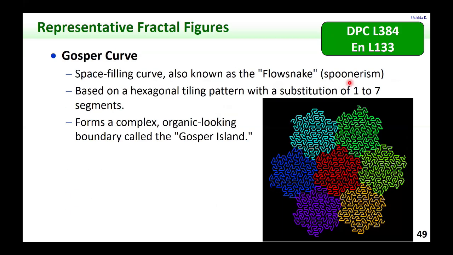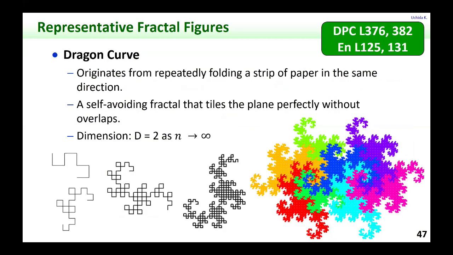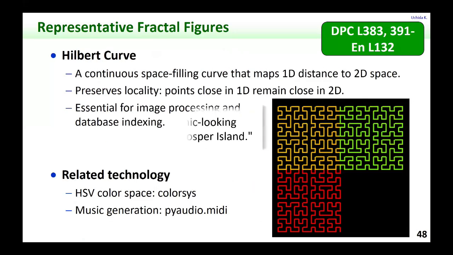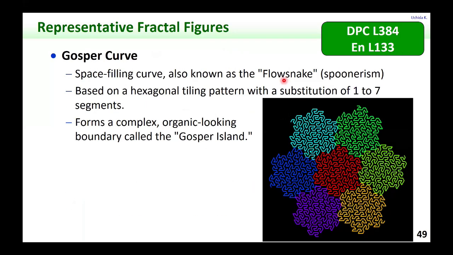Spoonerism is like changing the first consonant of another word. So here is snowflake. If you apply spoonerism to snowflake, what we get is flow snake. Okay? Based on a hexagonal